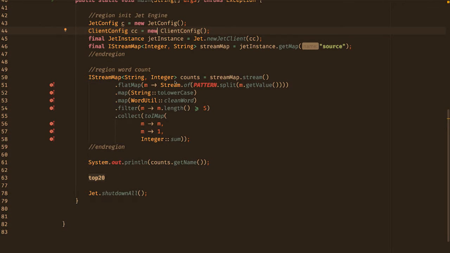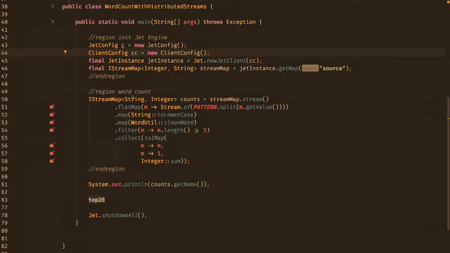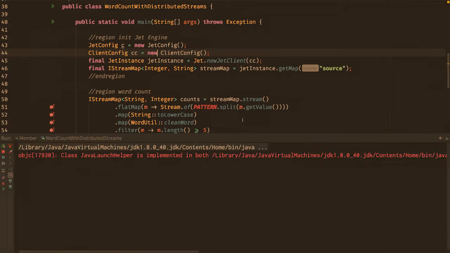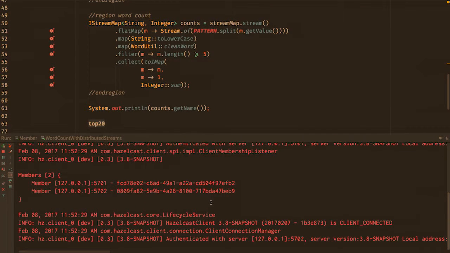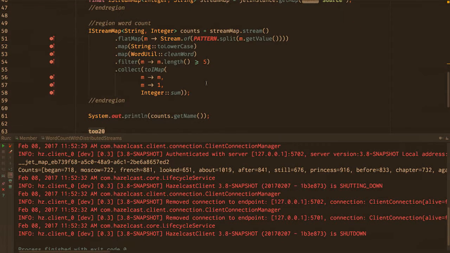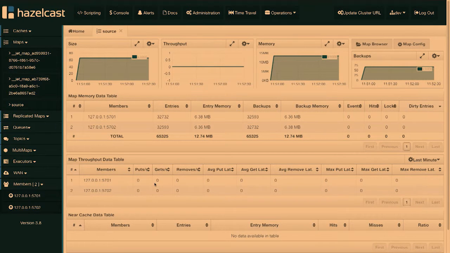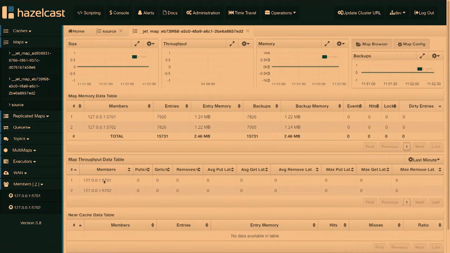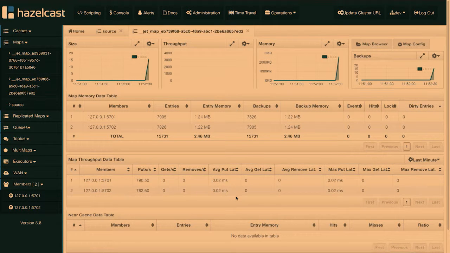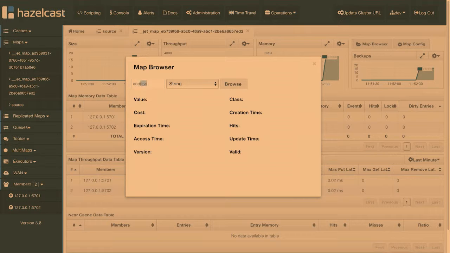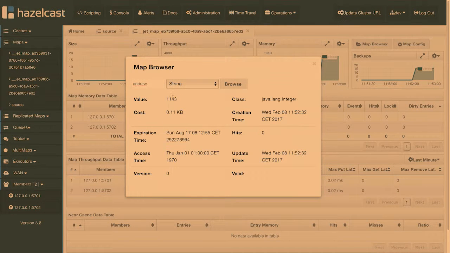Now I can execute this in my cluster. I will run this. So it connected and printed some of the results. Let's take a look at what it actually created on my cluster node. First of all, it created the map which contains counts. And as you can see, I have roughly 15K different words with different count numbers. I remember from my local version that Andrew was kind of a big deal for this book. So let's see. Now we can use string, we can use Andrew, and we can browse here, and we have the same number that we had with our local version, or we can do Pierre,